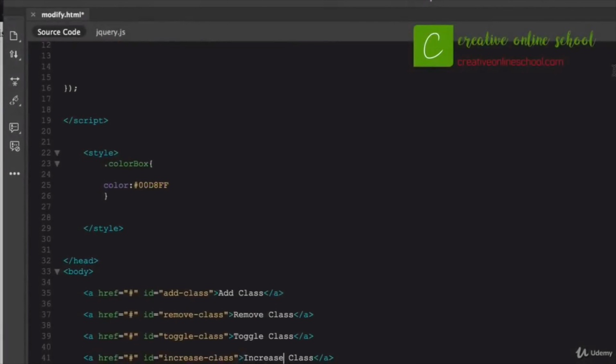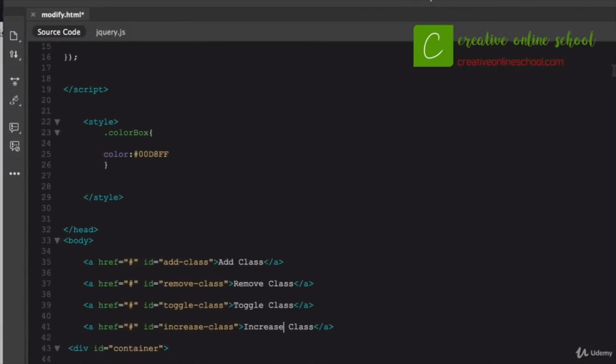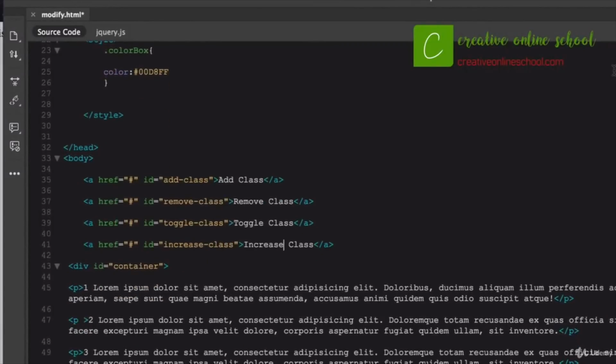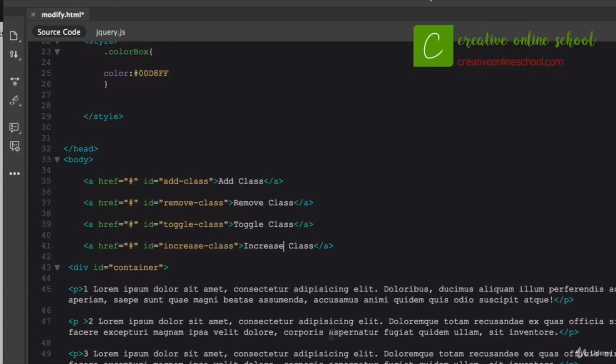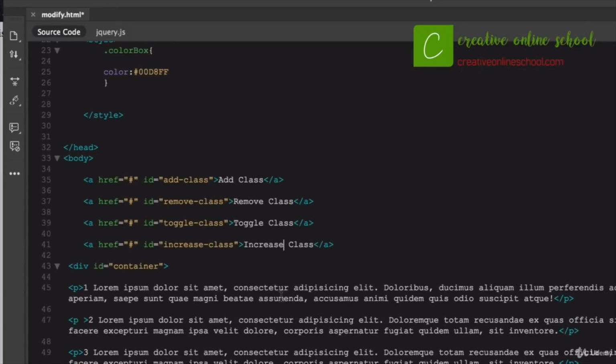All right, so it's kind of a fun one. We're going to be modifying copy with an existing CSS class. What I've done so far is keep our same basic, if you've been through the other videos, just a couple paragraphs here so we can see things being targeted within an ID of container. But this time I've added 4 buttons, or just text links up here,